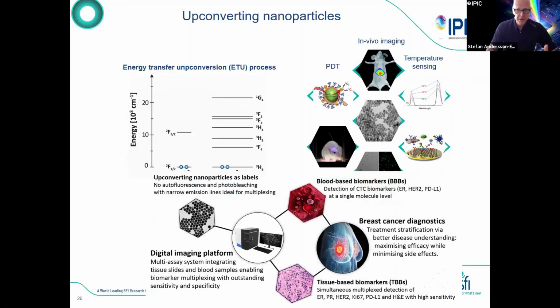So one of the projects that we are working on right now is to do microscopy of histopathology slides to do what we call immunohistochemistry. That is more than just looking at the morphology of the slide, but also trying to understand what the biomarkers on the cell surface of these cells are. And one of the biomarkers that we are in particular interested in is HER2. That's a biomarker that is indicative of breast cancer. So if you take a breast cancer pathology slide and stain it with this upconverting nanoparticle staining that we are looking into, then you can see that biomarker,